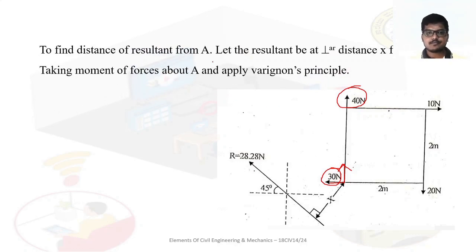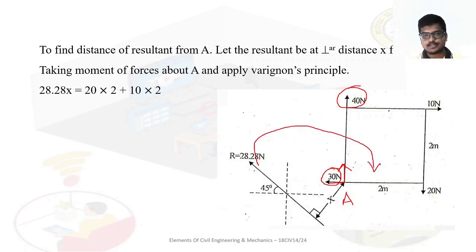Okay, to find the resultant from A, let the resultant be B. This is the resultant at 45 degree, at a perpendicular distance of x from A. So taking moment of forces about A and applying Varignon's theorem, R is 28.28 into x. About A it is making a clockwise moment, so it is positive. 28.28 into x is equal to